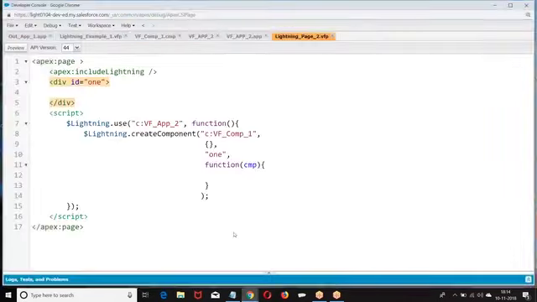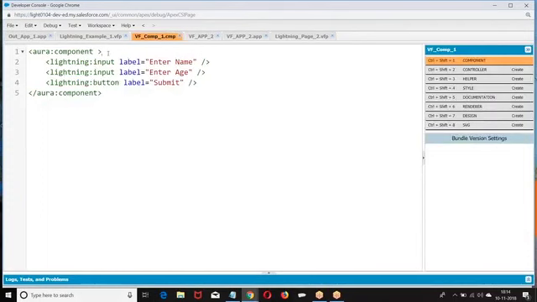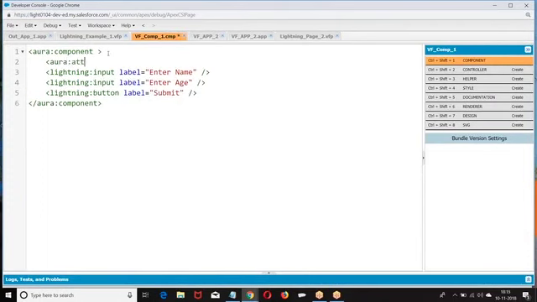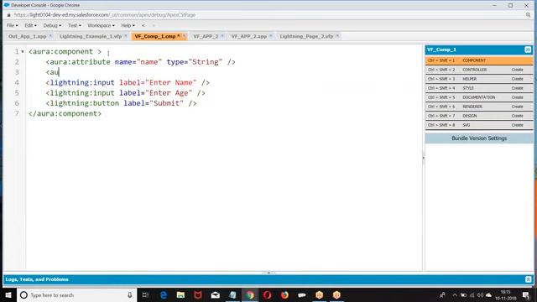Now we can go to this and set the attributes. I'm going for a component and creating some attributes here. Here are the attributes, right?